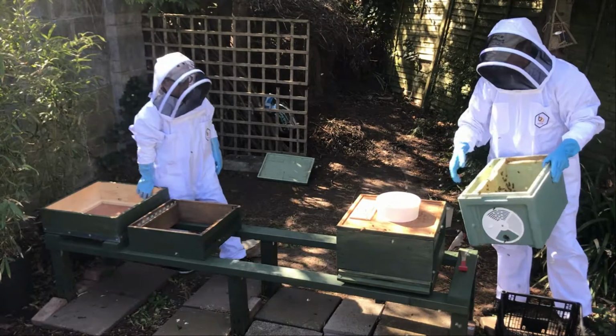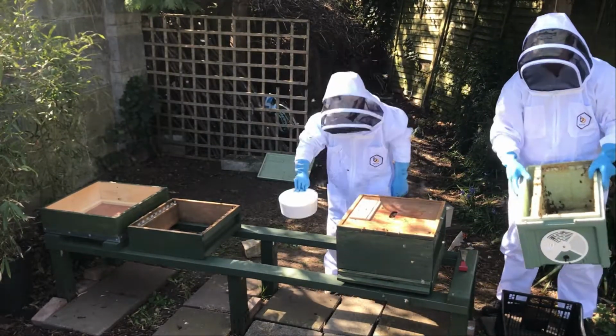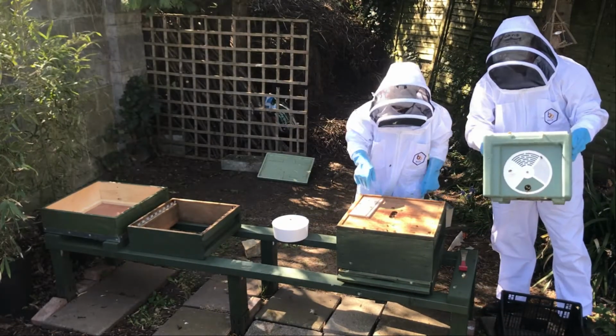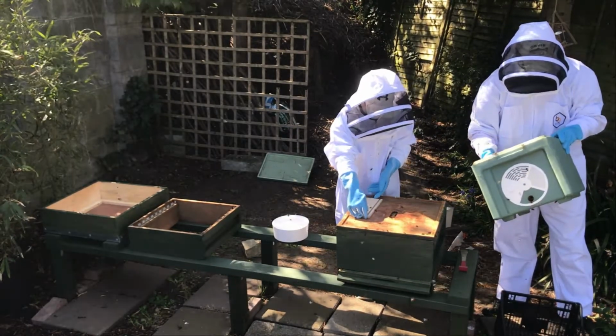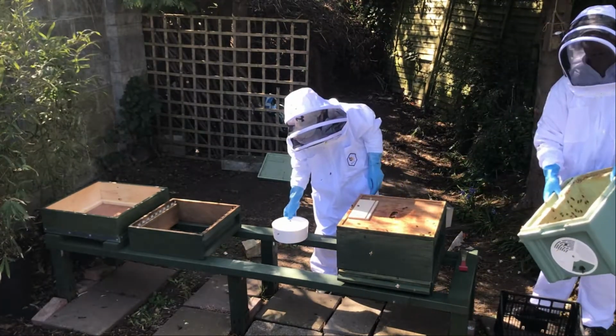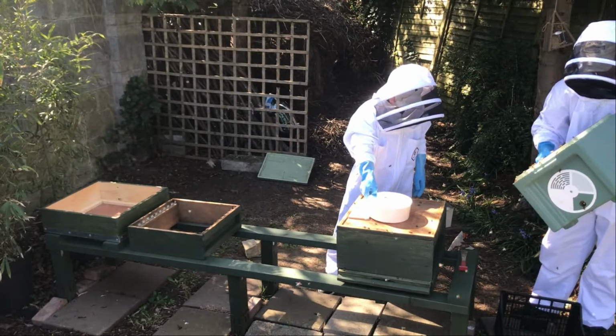Actually, yeah, if you just lift that off and then we'll shake them. The alternative was to leave the box in front, just on the odd chance the queen, actually there's loads of liquid in there. Actually, Jake, if you put the feeder back on, we're not going to do that. I'm going to leave this at the front of the hive. We're very happy that the queen isn't in here,